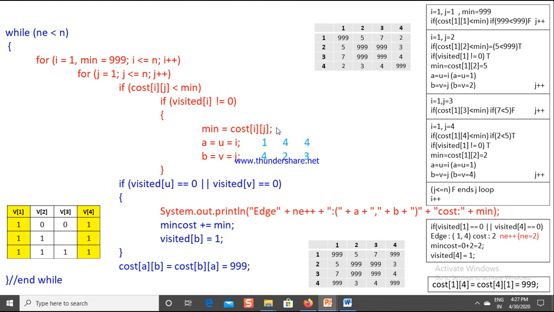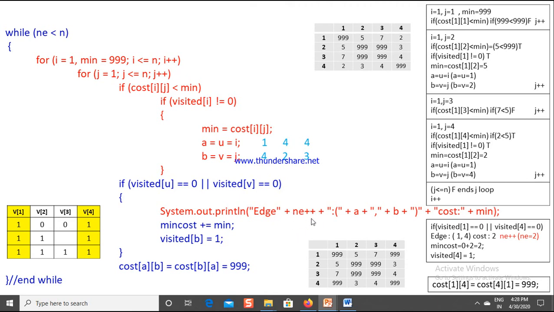We will go through these for loops and check in the first row and the fourth row. Whichever minimum cost edge is there, we will select that one. It is 3. 3 means which one? 4 2. So the next values are 4 and 2. Now again in this if statement I am checking whether 4 is visited. Yes, already in the previous iteration we made it a visited vertex. I am checking whether 2 is a visited vertex or not. No, it is not a visited vertex. So I will come here and this 4 2 edge will be printed.